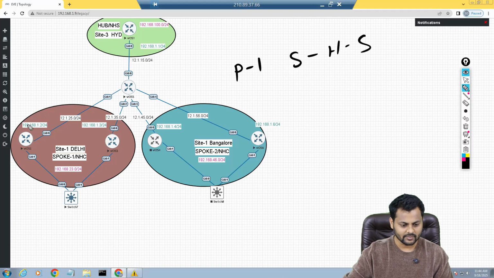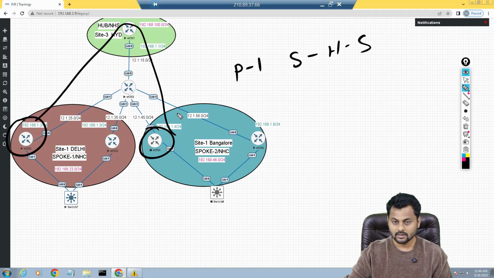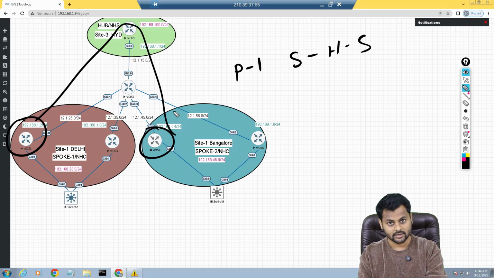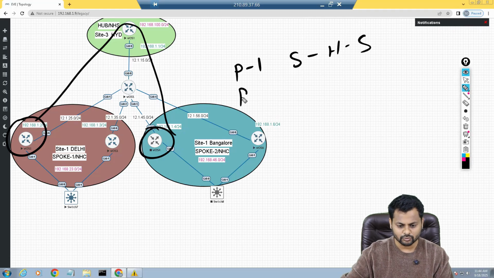So let's say for example, we have router number 2 and router number 4 right now. If they want to communicate to each other, then my traffic will go via the hub router, right? Not to deny that, Phase 1 is still used by people in the production network. Do not think Phase 1 is a bad configuration or a bad implementation; people are using it in the production network.